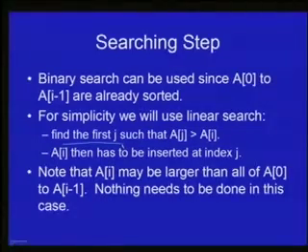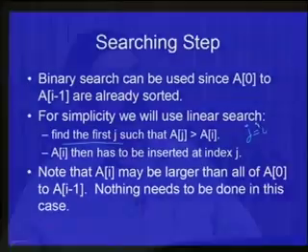Note that it may turn out that j is equal to i. Now j equal to i will happen when ai is larger than all the elements a0 to ai minus 1, and that is, it happens by chance that we sorted just the first i minus 1 elements, and the ith element was already in its right place. So in that case, of course, nothing needs to be done, but we must ensure that our algorithm works correctly even in this case.